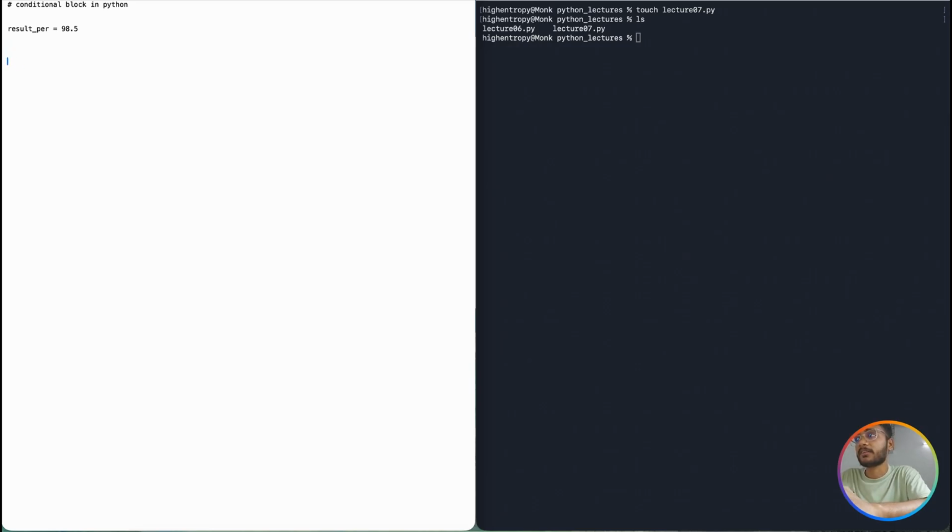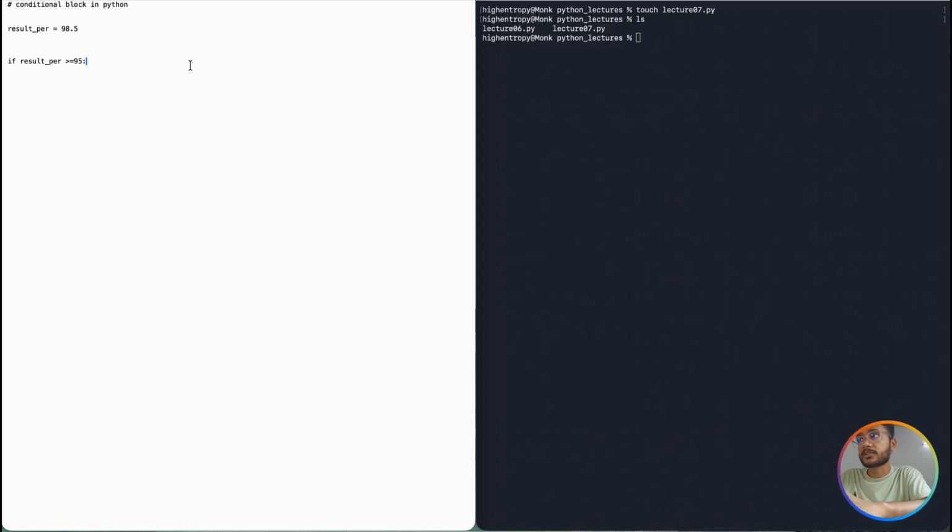If condition. I said you can use brackets or go without parentheses, so I will use it without parentheses here: if result percentage. So first condition, for grade A, you will say, okay, if the result percentage is greater than or equal to 95, then what will you say? Okay, I think I haven't told you the condition yet, right? After you finish the condition, you have to use a colon to say the condition is over, and in the new line I tell you what code needs to be executed.